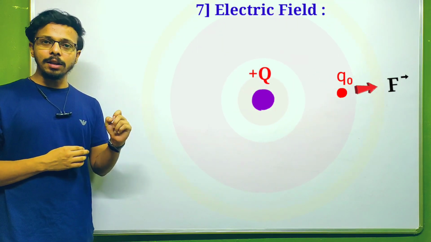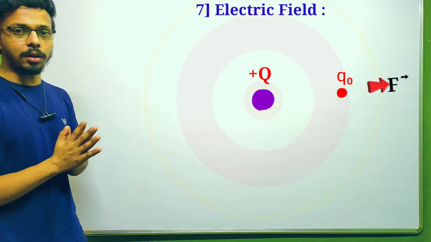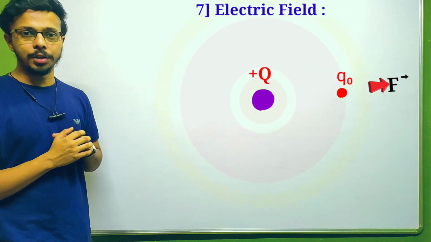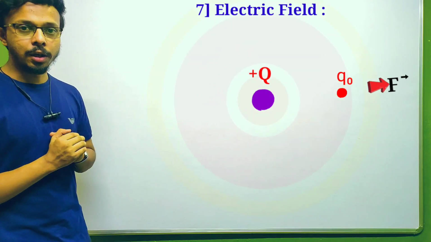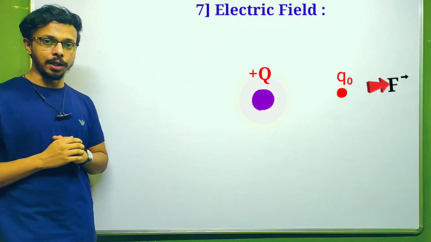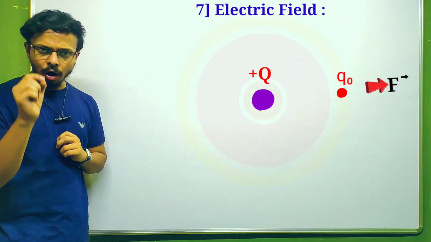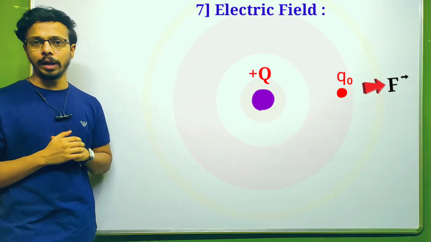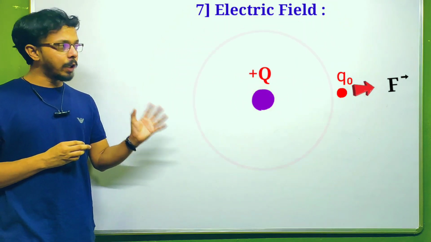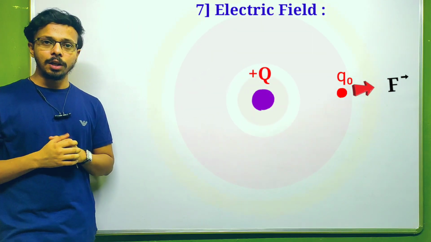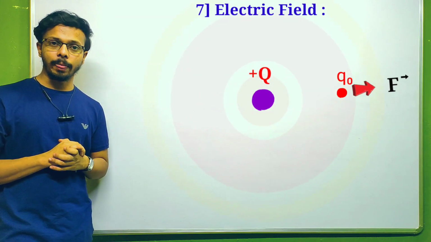And you know why we are assuming this? Because it is clear that that charge doesn't have any effect on this charge. Meaning that charge only experiences the force due to this charge, but this charge doesn't experience any force due to that charge. So a test charge is a charge whose magnitude is almost equal to 0, or very small, we can say. Okay? So to understand the electric field of this charge, we are bringing a test charge inside the field so that you can understand how much electric field this charge has produced.